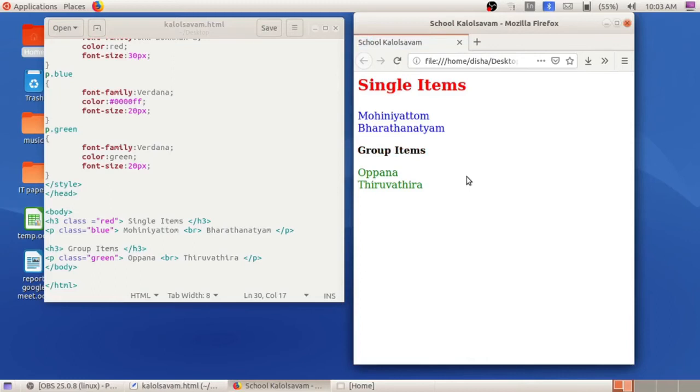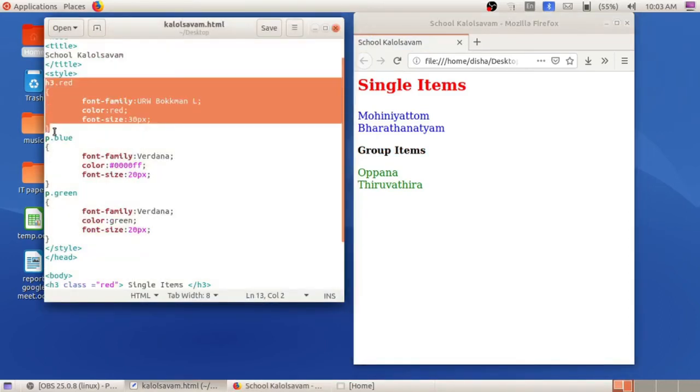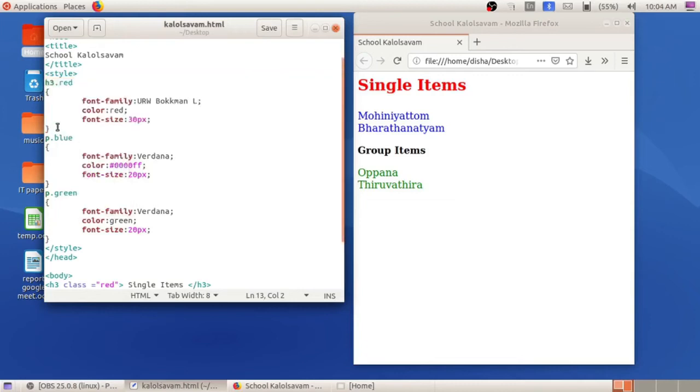The group items color got invisible. So we have applied a single item, one color. In the same way, copy this H3 up to this close braces. Copy this. After this brace, paste it. Here you can see both headings got the same color red. So change the color. Otherwise, if you save and reload, this also will get red color. So we don't need to use a class selector in order to apply a single color. Class selector is used for giving different colors.